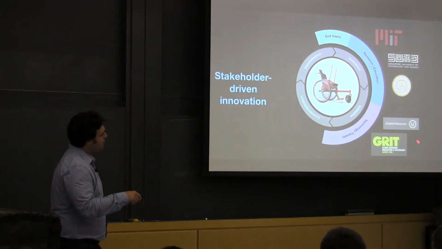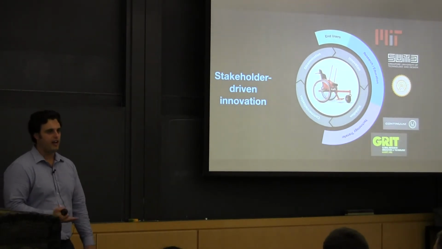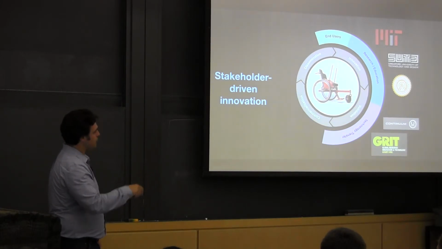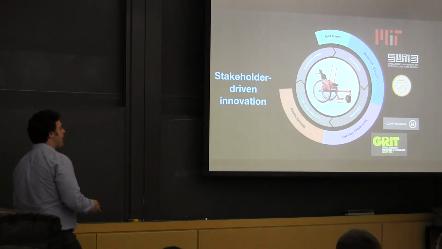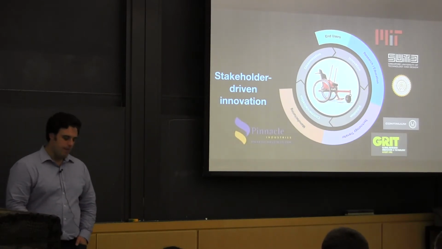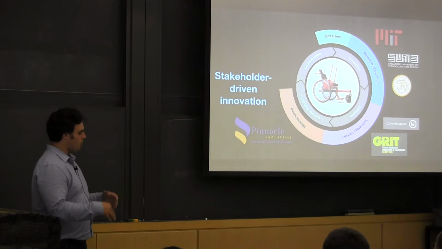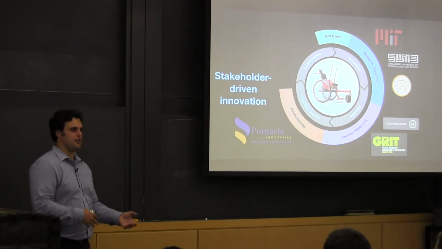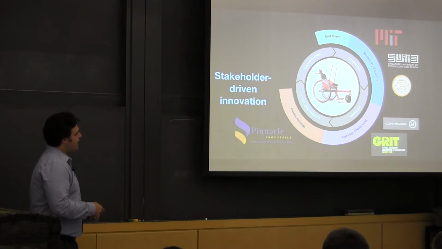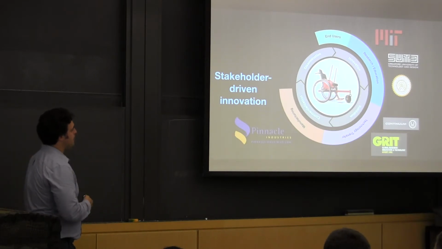But having a company, the company could do things like shipping logistics, quality control, marketing, like all these things that aren't really academic in nature, but have to be done in order to get over to commercialization. Then we had to team up with a manufacturing partner, and we work with this company called Pinnacle Industries. They're an OEM bus and truck seat manufacturer in India. And so they make welded steel frames that are upholstered, and so they're pretty similar to a wheelchair. And they're well positioned to make our chair. And so now they're able to make 500 chairs a month. They set up a pretty big manufacturing facility.